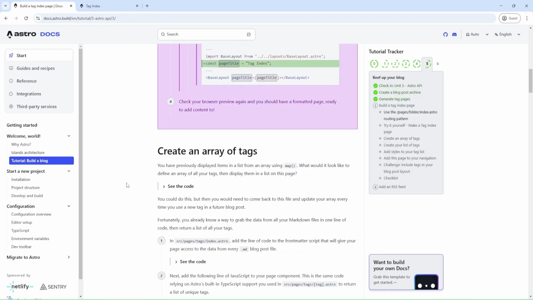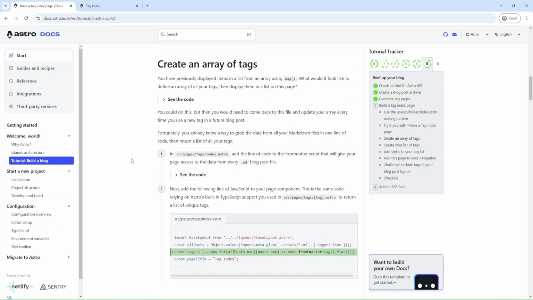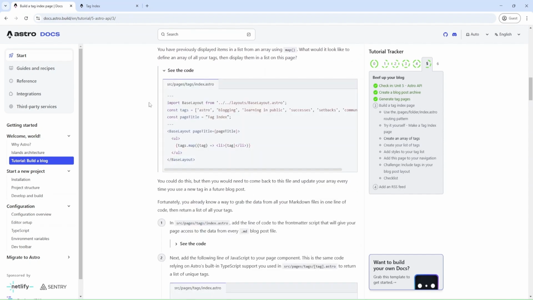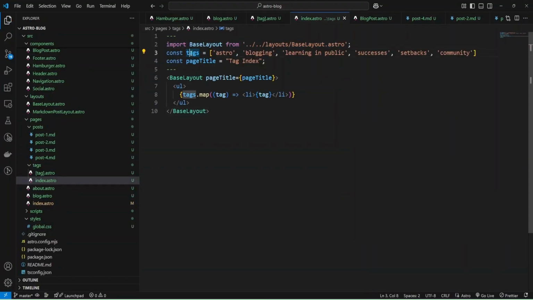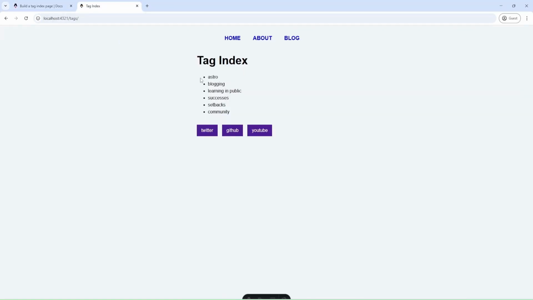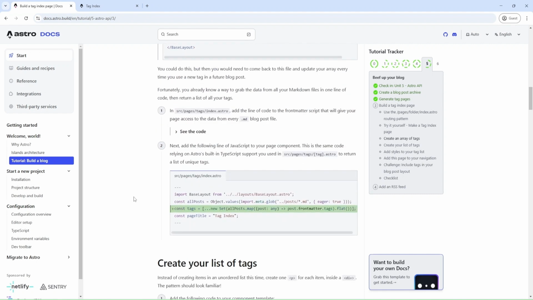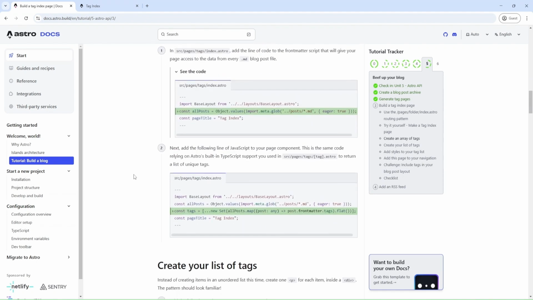Okay, and now we can create an array of tags. Let's copy this code to provide it here. We have an array of tags, and we'll generate them using map inside an unordered list. Okay, let's check our page, and as you can see, we have a list of tags. And let's check what I have next.